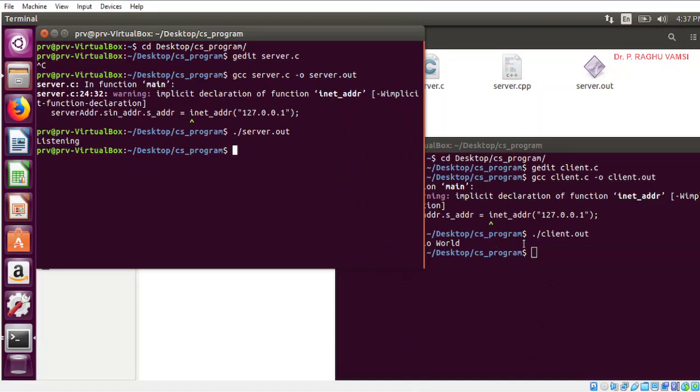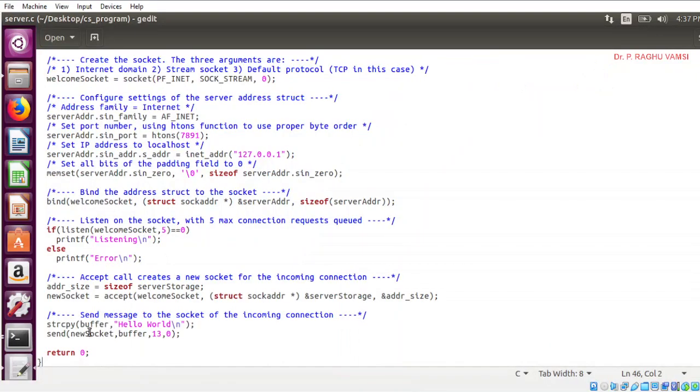Now let's examine some more things. gedit server.c. The buffer, that is hello world, was directly copied into the buffer, and this hello world is going to be sent to whoever requested it. So one thing is, whatever the cipher programs that you have done previously should be used here.